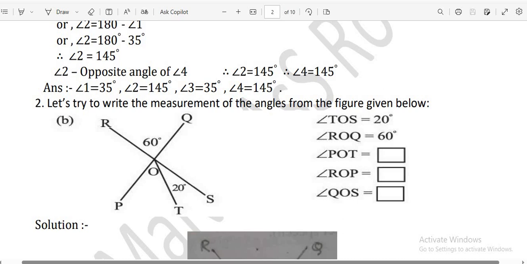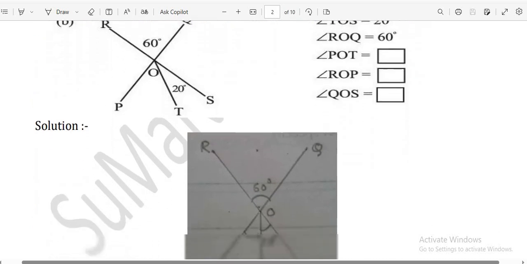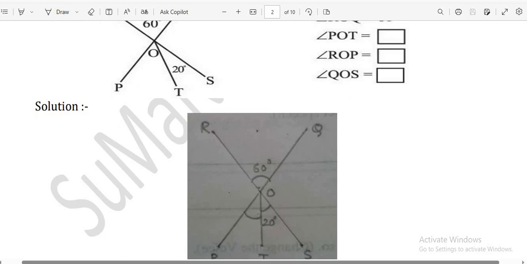Question number 2b. Let's try to write the measurement of the angles from the figure given below. Question B. In this figure, the given angle TOS is equal to 20 degrees, angle ROQ is equal to 60 degrees, angle POT is question mark, angle ROP is question mark, angle QOS is question mark. The solution: